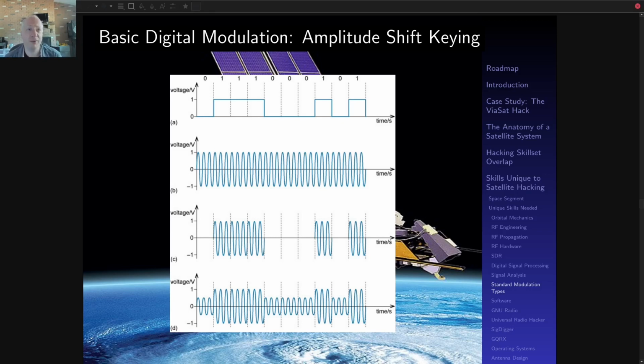The first of these I want to discuss is amplitude shift keying. Figure A shows the data baseband. Figure B is the carrier wave that the baseband is going to modulate. Figure C shows one of the simplest forms of amplitude shift keying, or ASK, called on-off keying, or OOK. In OOK, the carrier wave is only turned on when the baseband bit is 1,